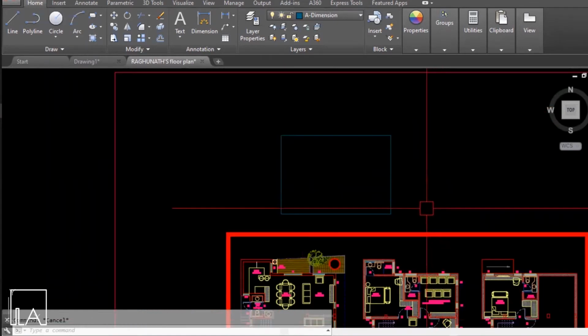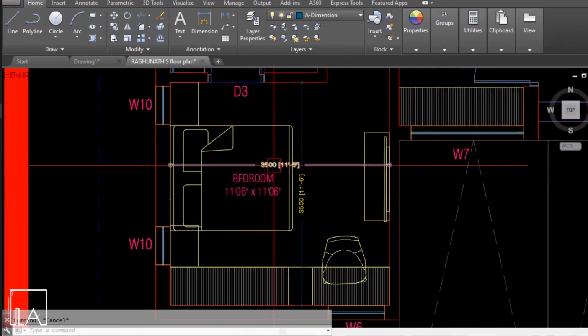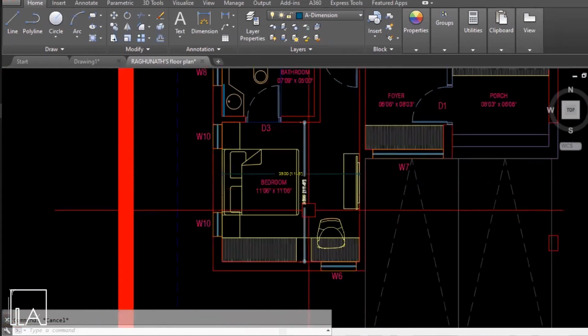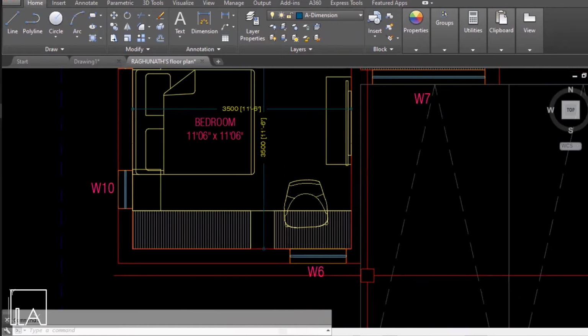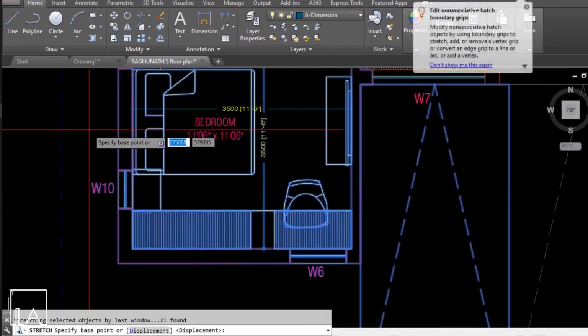Suppose if we want to stretch our drawings in AutoCAD, then just move down. So the dimension of this room says 3500 cross 3500. Say now I want to increase the length of this room and make it 4000. All I have to do is just select half of this room and then say S, enter, specify the base